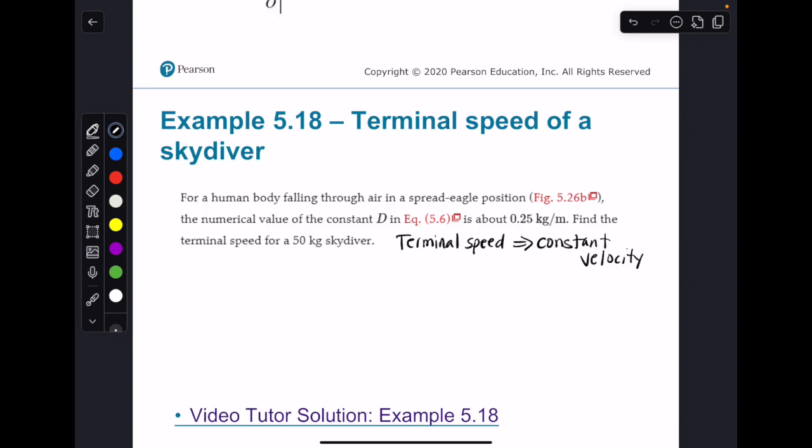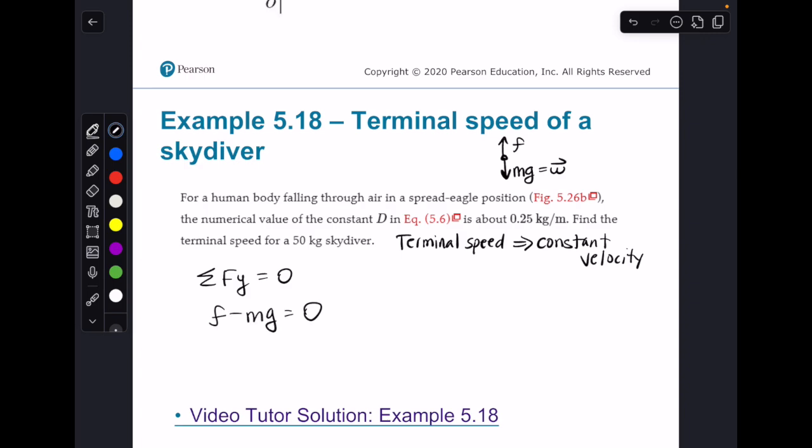And we know that when you have an object moving at constant velocity, the sum of all the forces in that direction is going to be 0, right? So we're going to do that. Sum of all the forces in the y must be 0. And so if you're a skydiver and you're just falling due to Earth's gravity, and you have that fluid resistance, F, pointing opposite to the direction of motion, then those two together